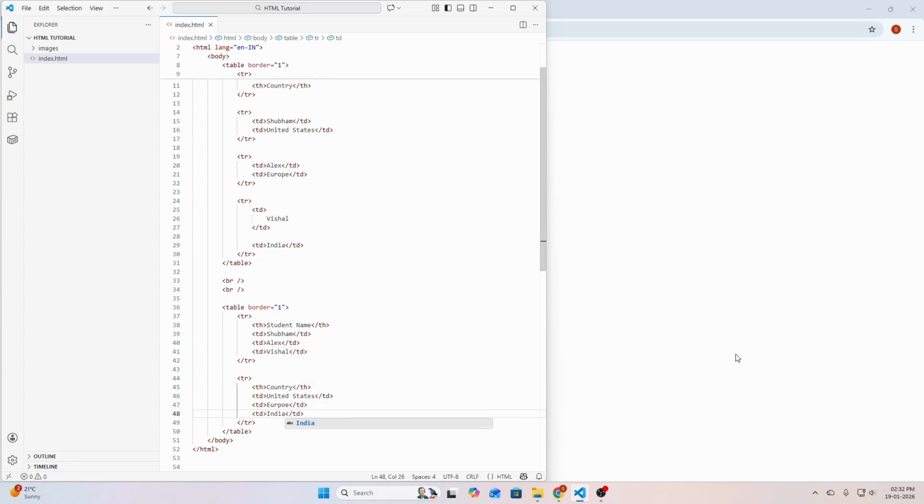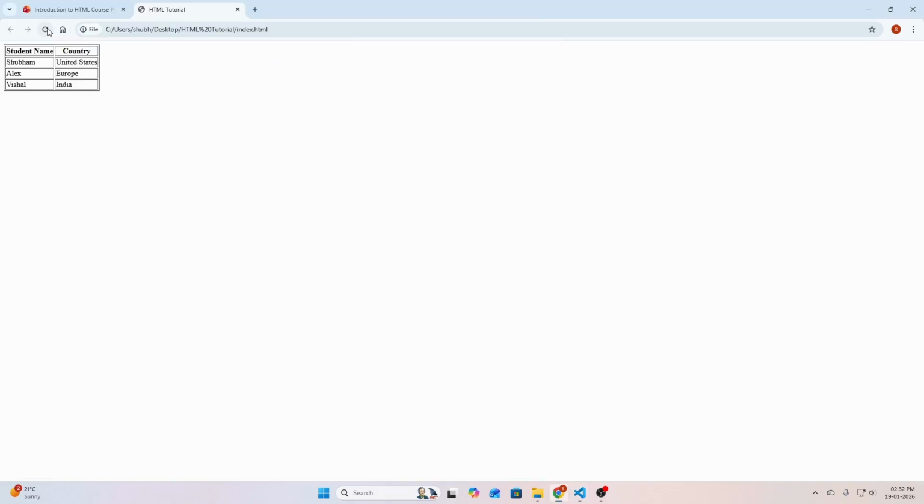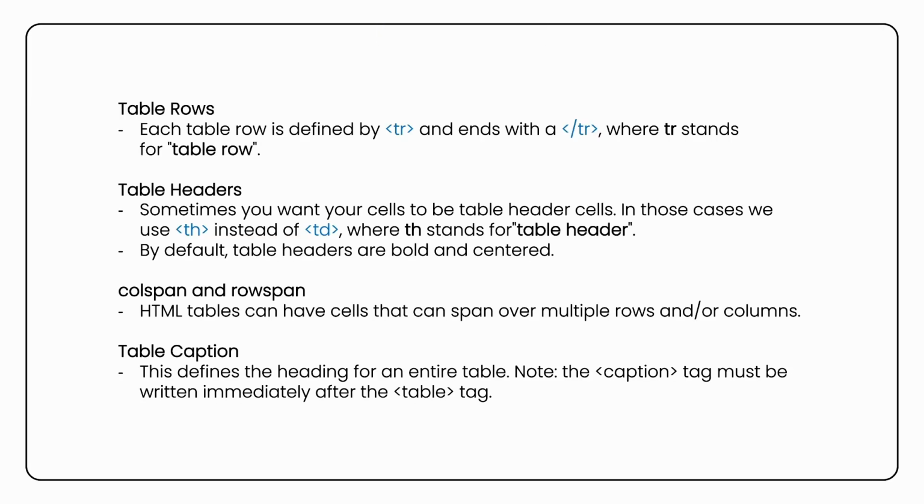So if we now save and refresh our index.html in the browser, you can see that our headers are now placed vertically instead of horizontally. So we can also do that. I'm just showing it to you for better understanding. And yeah, it's cool. Now alongside headers, we also have something called table caption, which allows us to add a